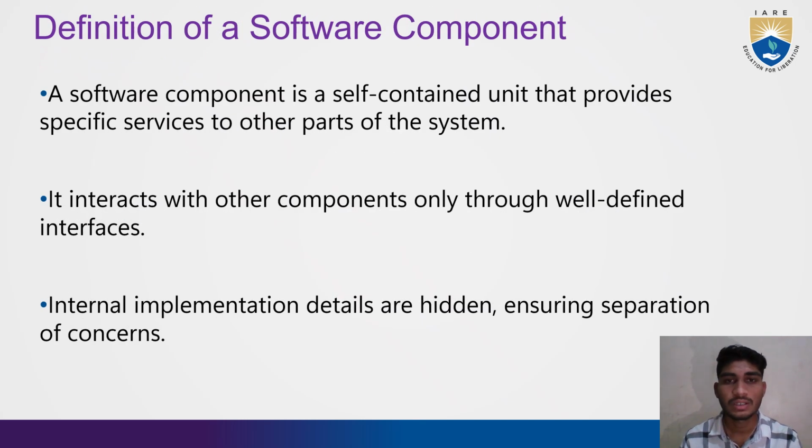Definition of software component. What is the definition of a software component? We should know the first definition of software component. A software component is a self-contained unit that provides specific services to other parts of the system. It interacts with other components only through well-defined interfaces, and internal implementation details are hidden, ensuring separation of concerns. Internal implementation details are hidden means it is encapsulation or abstraction. Okay, and our next slide is